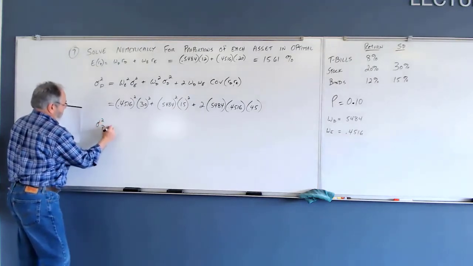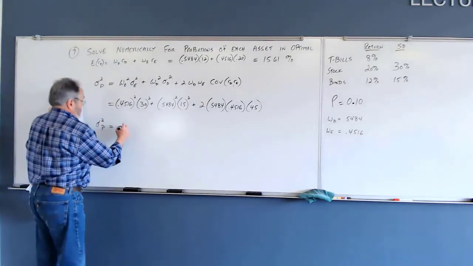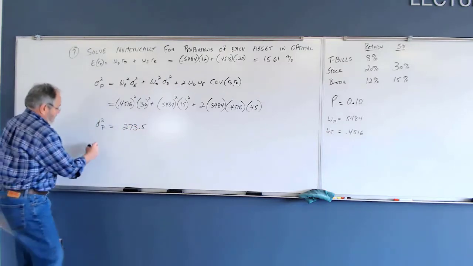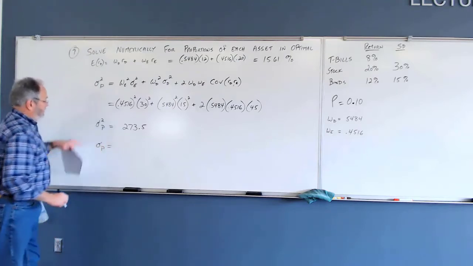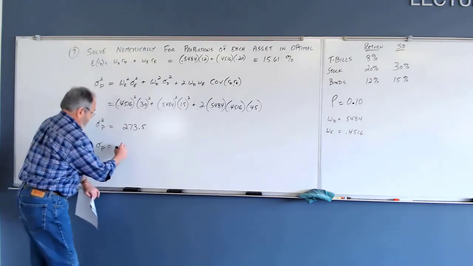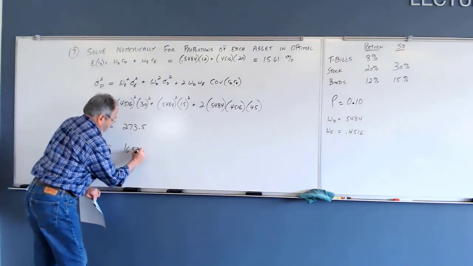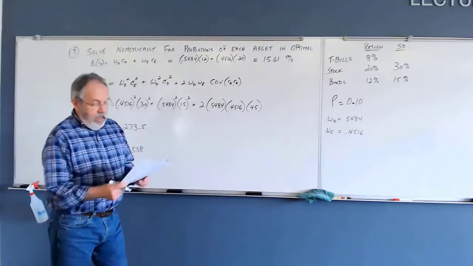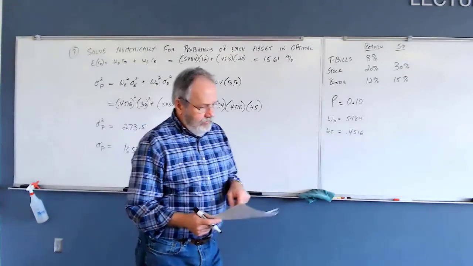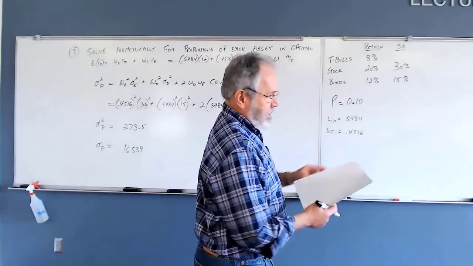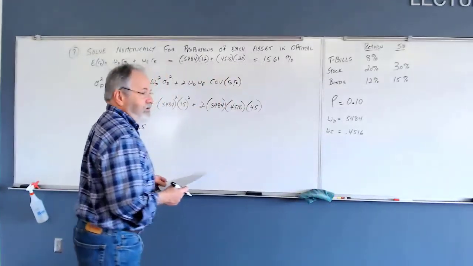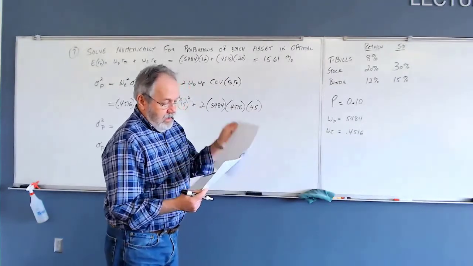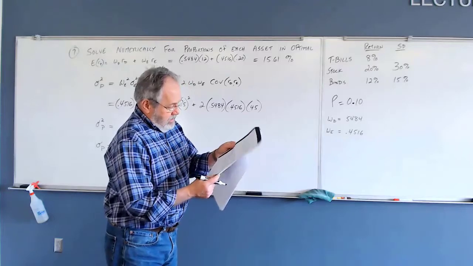Sigma squared portfolio, 273.5. Sigma portfolio, variance, standard deviation, 16.538%. Okay, so that's number 7, I think. Number 7 in the Chapter 7 problems. And then what? Number 8